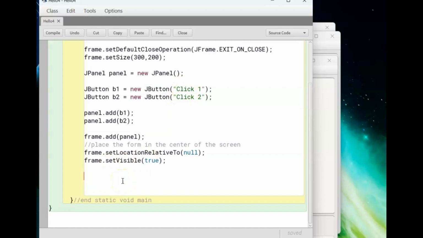I'll be using the B1, and then after that, what will happen? You are correct, I use the add action listener. So what's the purpose of that? This is how you stage the button. At the same time, it will listen to whatever operations will be done by the user. So again, I will use the constructor right here, new